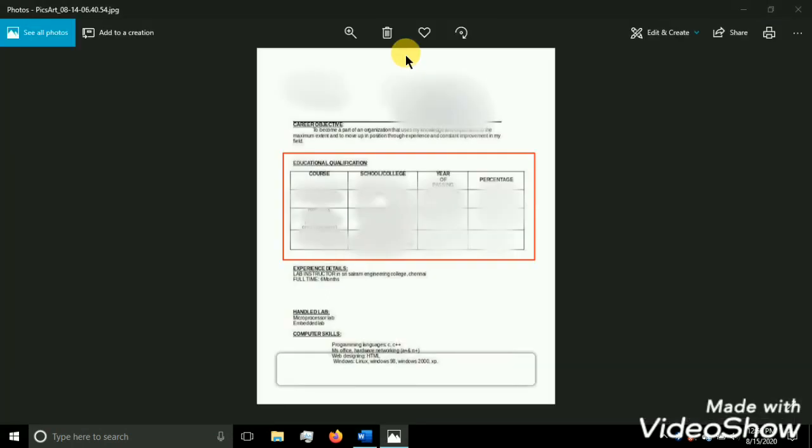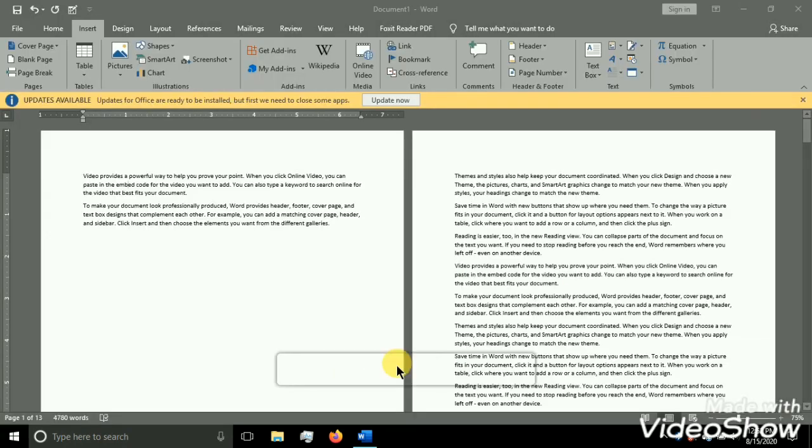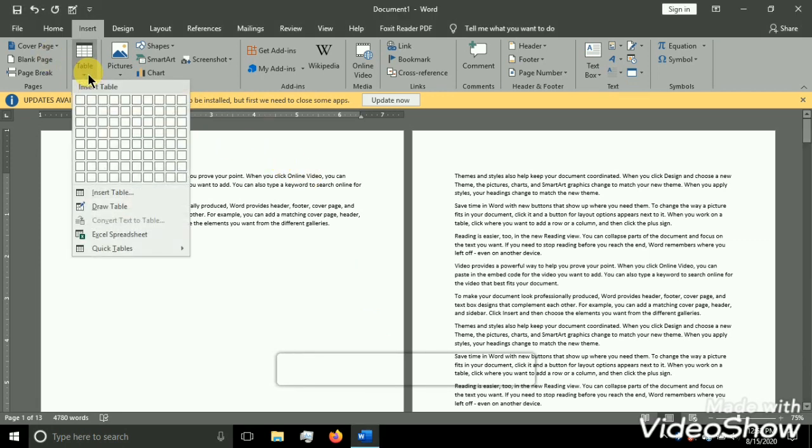Whenever I am preparing my resume, I want some tables for entering my educational qualifications like SSC, +2, etc. So whenever I want a table in my document, I can use the Tables group.